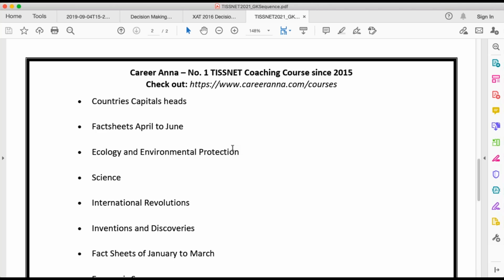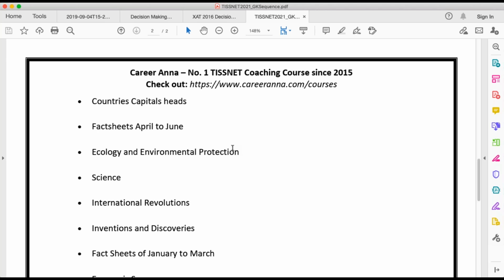Inventions and discoveries come low in the priority order, Anamika, so you have a lot of other ebooks to complete before that. As I said, if you have less time, at least cover the first 50% of the list, that is on page 1, then the page 2 things. So inventions and discoveries, go through them at least once or twice, and more if you have time left, but at least once you should go through them.